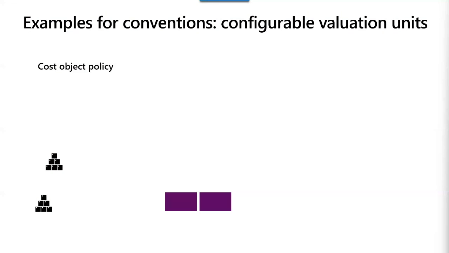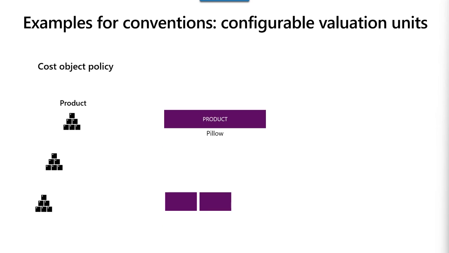Let's now look at how cost object policies and cost element policies work together. We'll look at 3 examples of cost object policies. For the first one, let's assume you choose the option for product. This means that transactions will only be costed and tracked by the product, regardless of other inventory